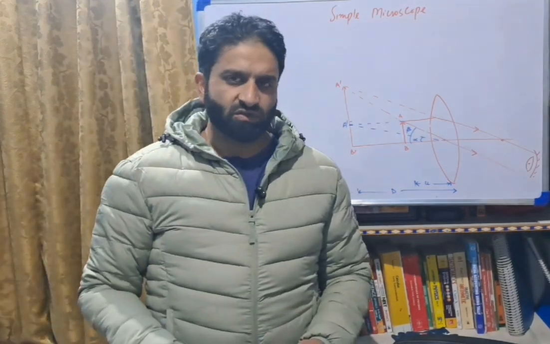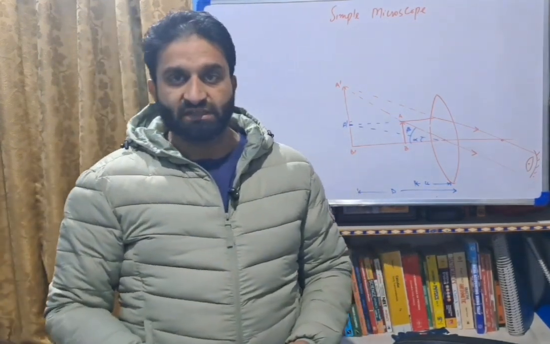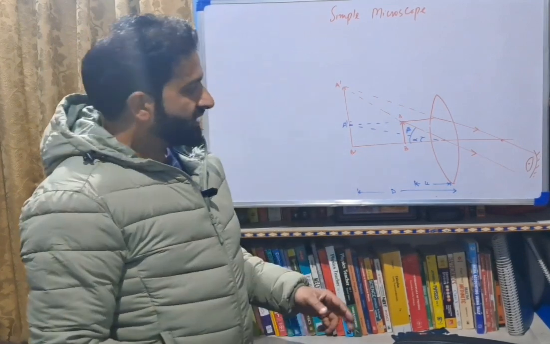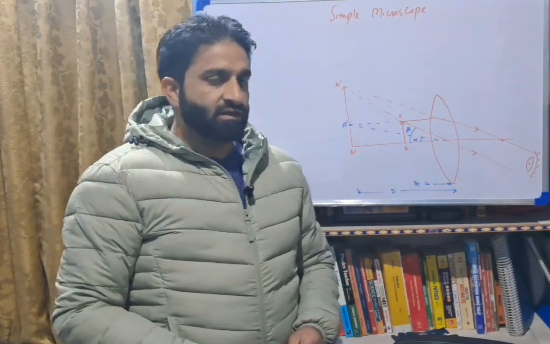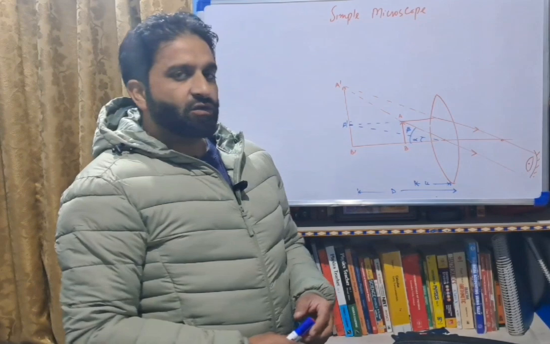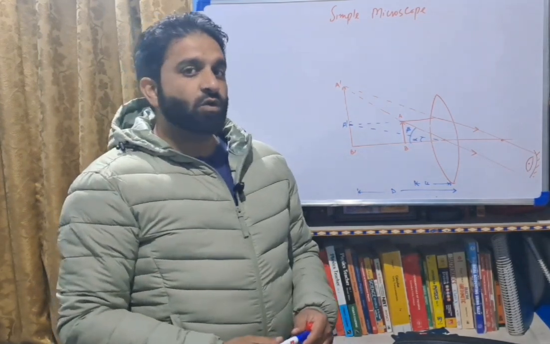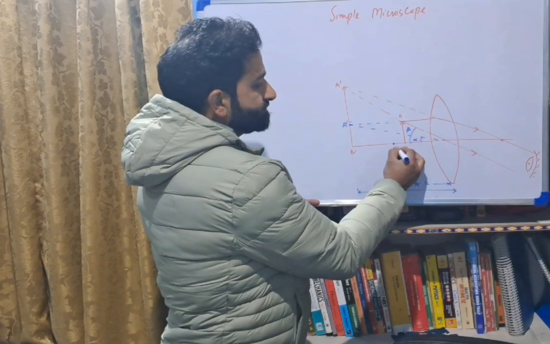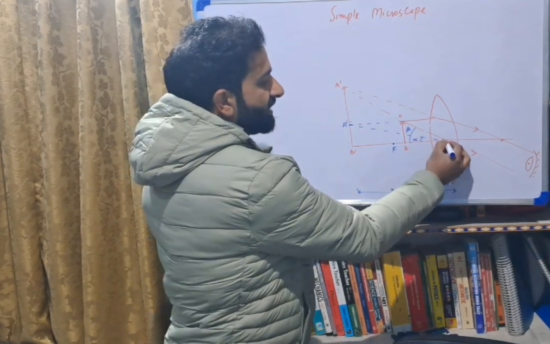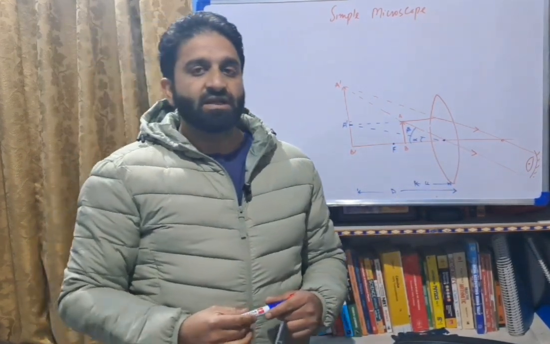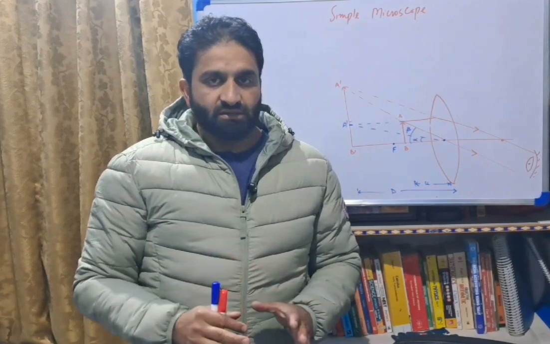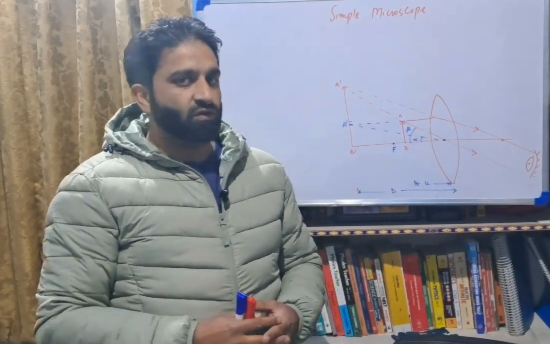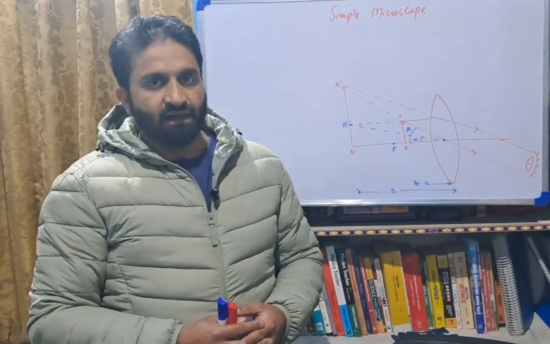In a simple microscope we have got a convex lens, a single convex lens whose focal length is small, like shown in the figure. We have got the object. That object is placed between the focus and the optical center. Let it be the focus. Let it be the optical center. The object whose magnified version is to be seen is placed between the focus and the optical center,